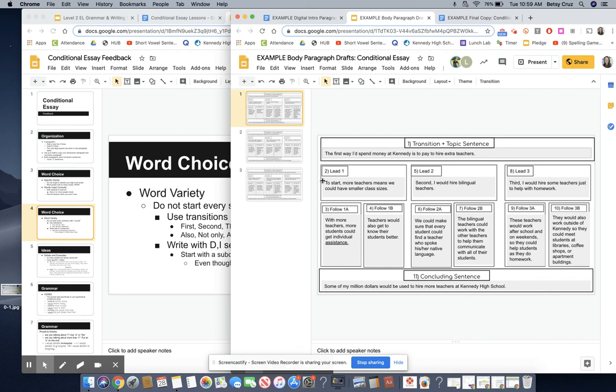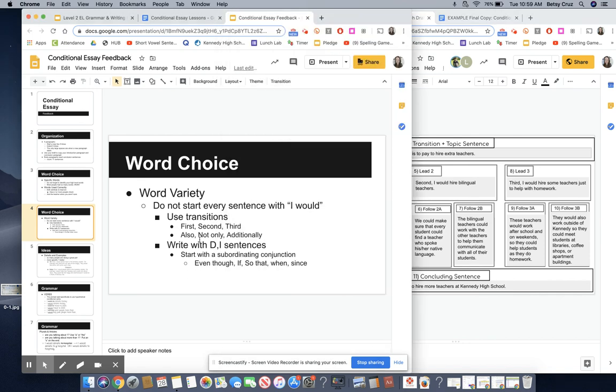You can also change it up a little bit. Like on this one, I said to start instead of first. In your follow-up sentences, you can start with not only, also, additionally. For example,